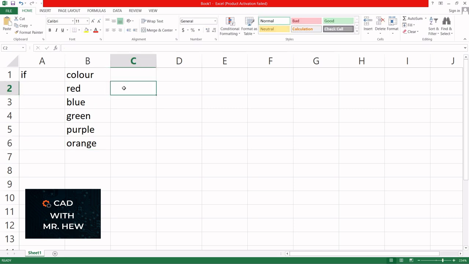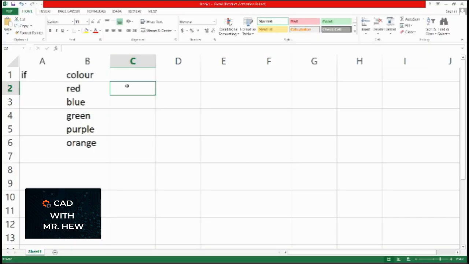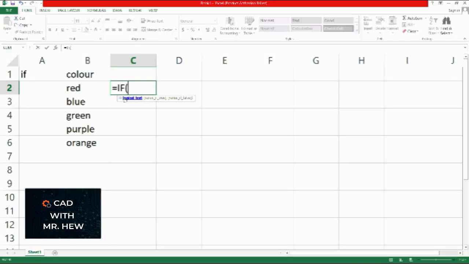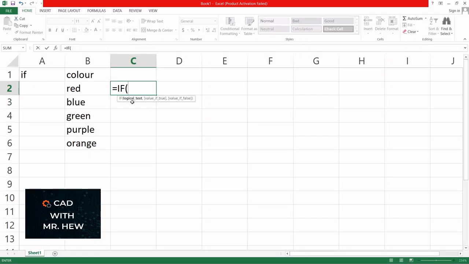what I'm going to do, I'm going to write an if function and compare it against a value. And if that value is red, I want Excel to print true. So I'm going to use if. So I'm going to write equal if. So I select here to select the if function statement. So here's a logical test. So I'll be testing if B2 is equal to